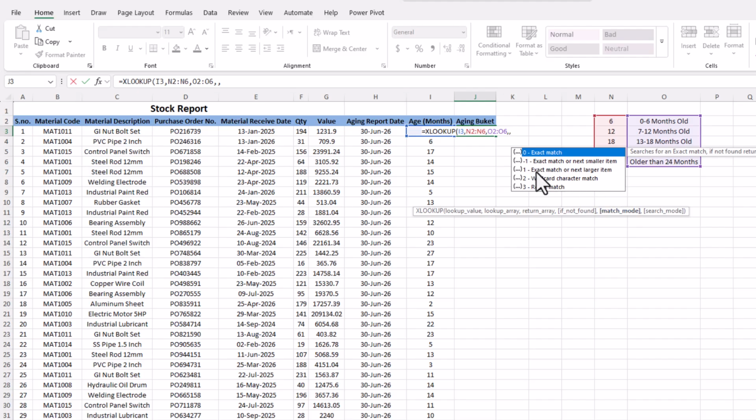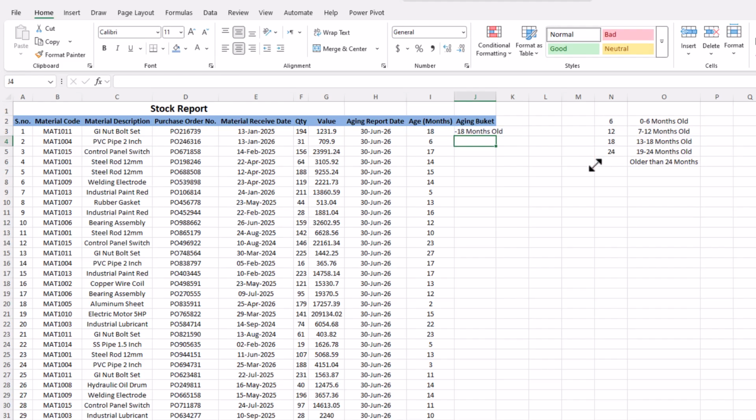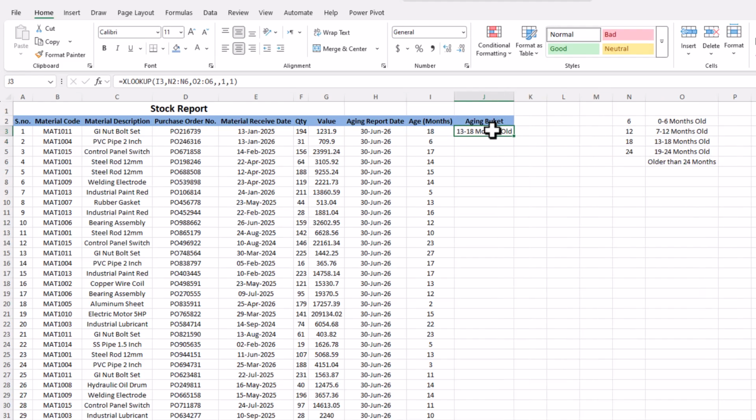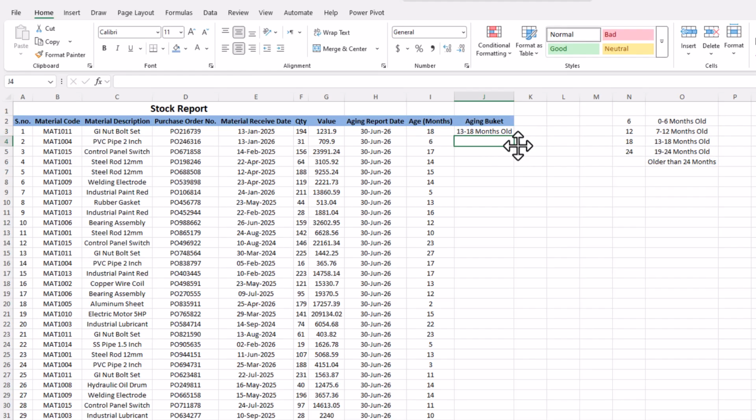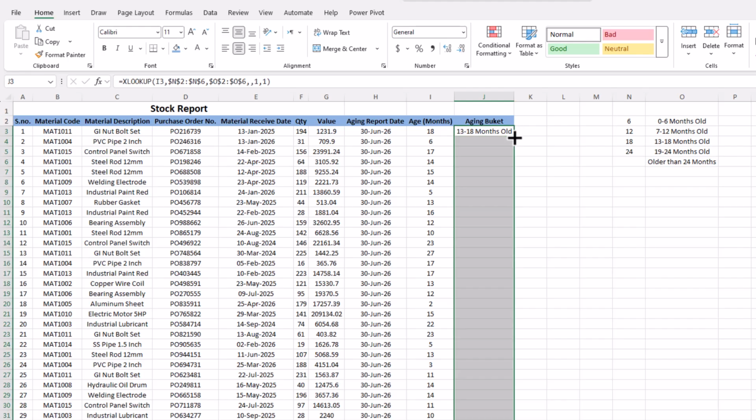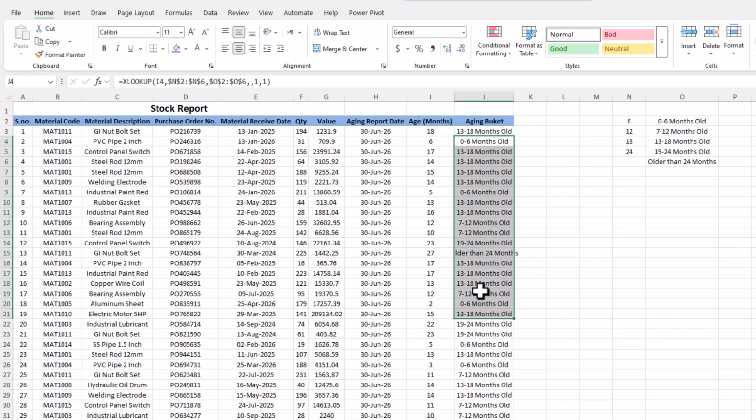We will select exact match or next larger, then again comma, search mode, we will select first to last, selected, close parenthesis, enter, and here we have the answer, or the aging bucket assigned to this item. We simply need to lock lookup array and return array. We will use F4 to lock lookup array and return array. Enter. I will simply drag this formula down, and here we have assigned aging bucket to each of these stock